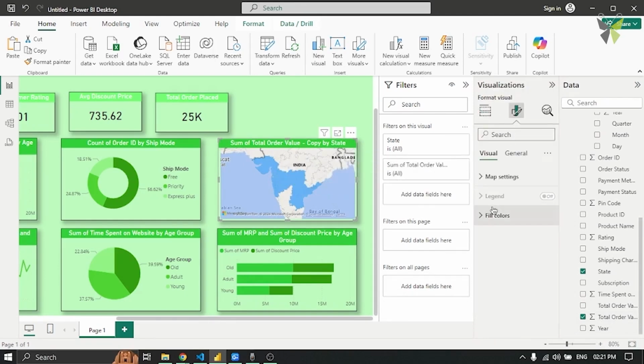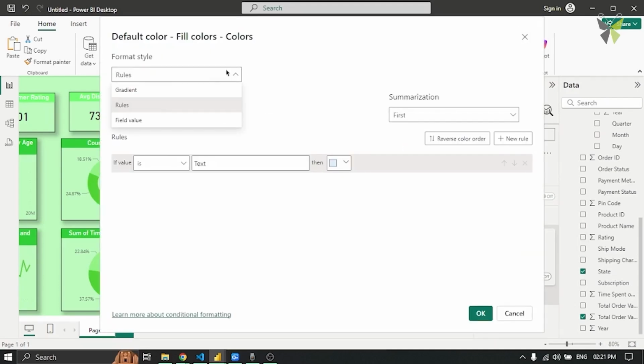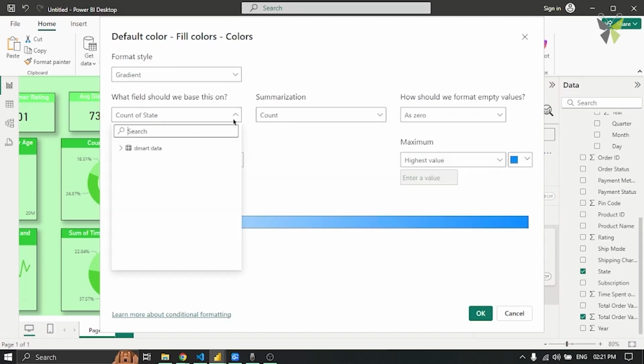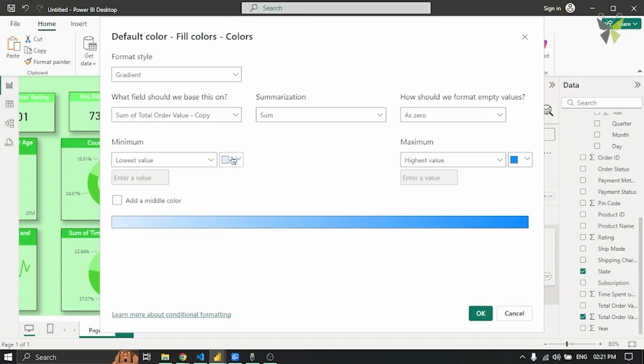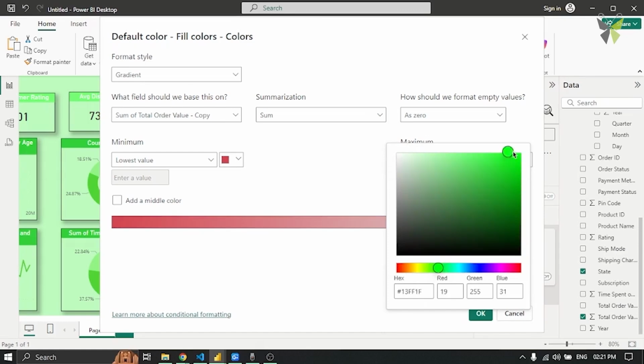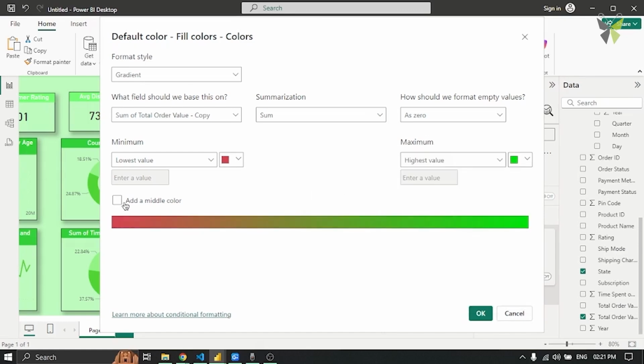What I can do is, in conditional formatting in fill colors, I'll select this conditional formatting, and instead of colors being only a creative aspect, I'll give it some logical aspect as well. So in gradient, I'll say go into DMart data and look for this total order value, right? If the lowest value is there, give it a reddish color, and if it is a higher value, give it a greenish color, and in the middle I can add a yellowish color, and I'll press OK.